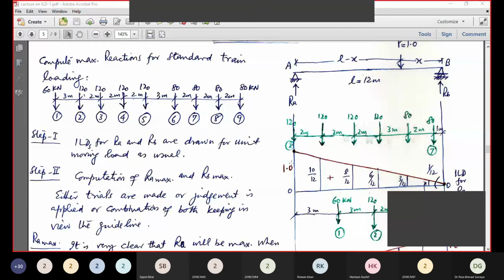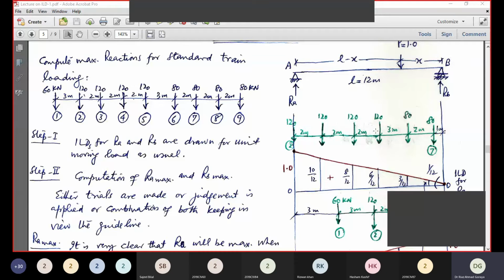So we have to place the wheels like this, wheel 2. Then at 2 meter again, wheel 3, wheel 4, wheel 5. Then at 3 meter span, wheel 6 of 80 kilonewton, wheel 7, and this remaining,